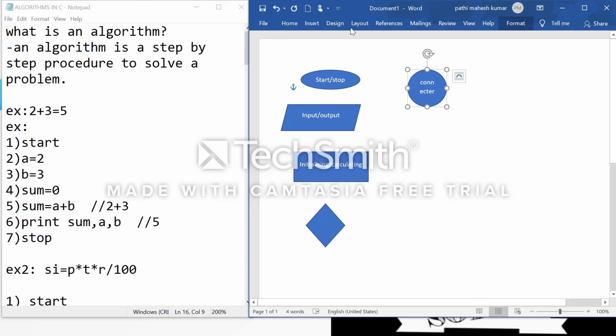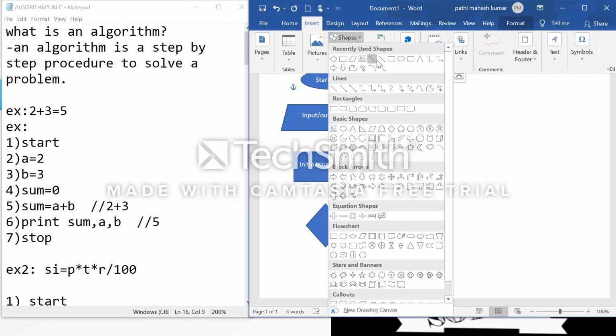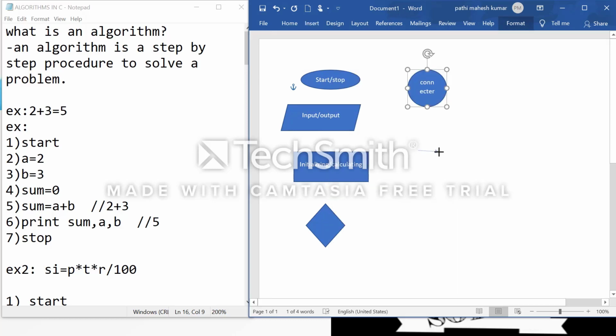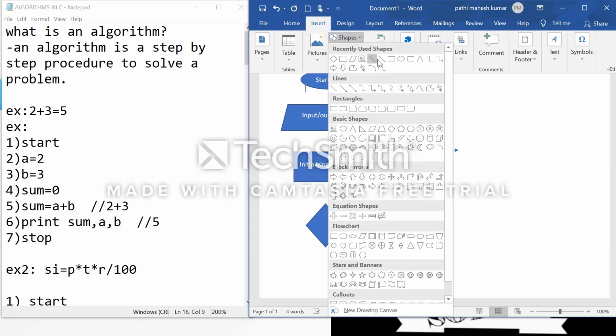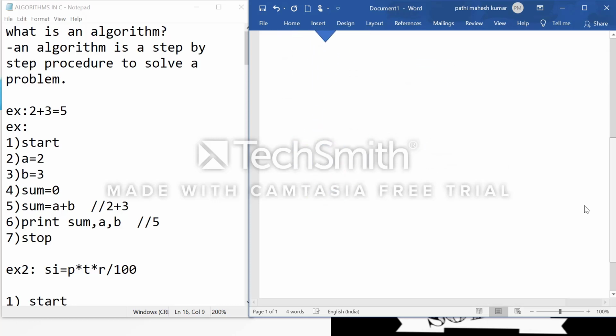Okay, next, these are the flows of the flowchart. Okay, these are the control flow of the flowchart. We know that it is an arrow symbol. Okay, and now let's go to the examples.